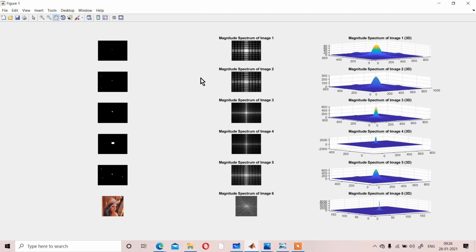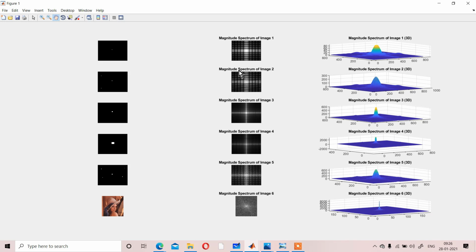As I have told you, V equals AU. So U will be your DFT magnitude spectrum, and A will be the filter that you are going to design considering the magnitude spectrum of the image. If you multiply A and U, you will get the value of V that we have seen in the theory classes. So that is going to happen here.